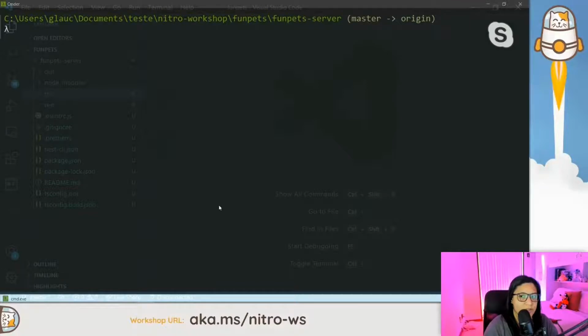To do this, it is very important to install the Azure Functions Core Tools on your local machine. But in this case, let's use nest add